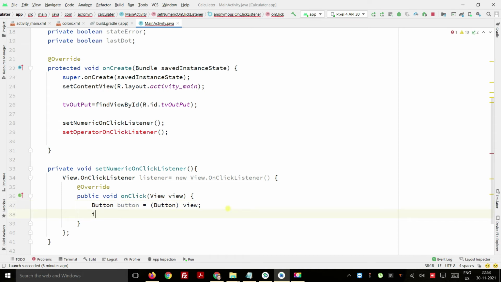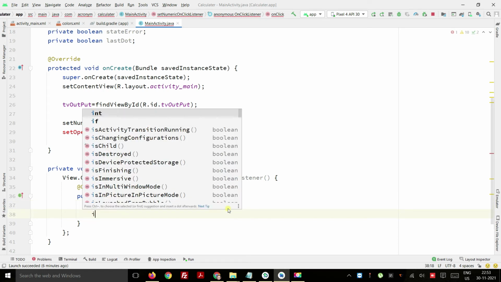Now we are checking the text of that button. So we are checking whether the state is error or not.